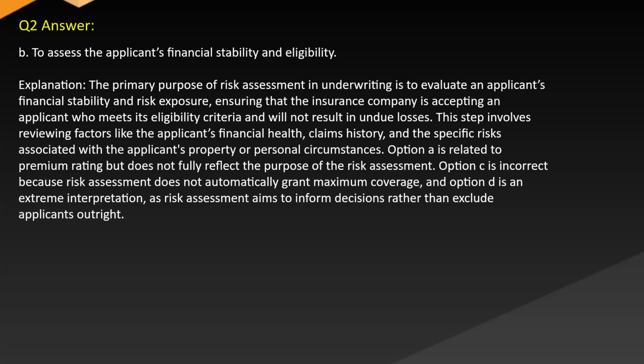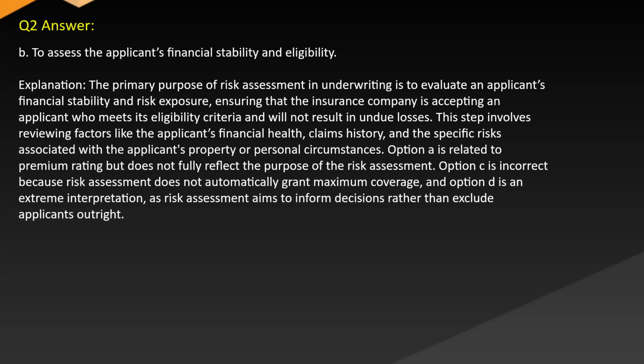Answer B. To assess the applicant's financial stability and eligibility. Explanation. The primary purpose of risk assessment in underwriting is to evaluate an applicant's financial stability and risk exposure, ensuring that the insurance company is accepting an applicant who meets its eligibility criteria and will not result in undue losses. This step involves reviewing factors like the applicant's financial health, claims history, and the specific risks associated with the applicant's property